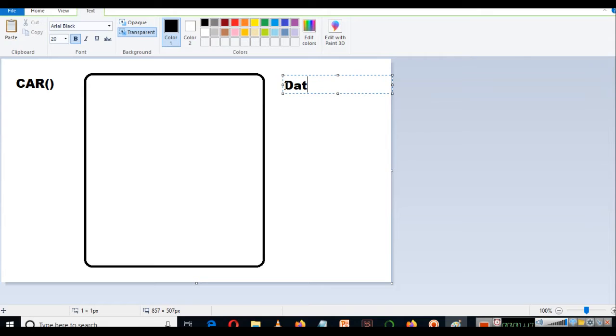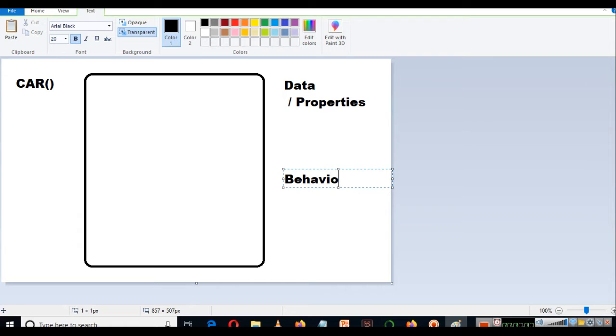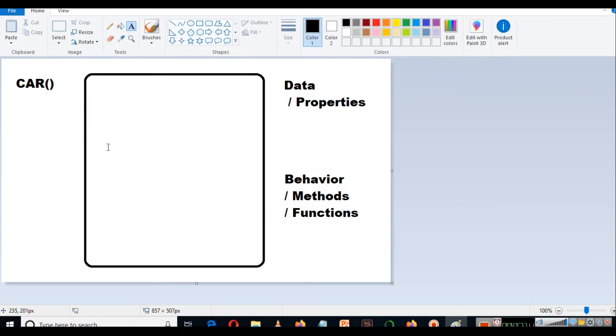So in object-oriented programming you will see data or properties, and you will also see behavior, or you can say methods or functions. Because we are discussing object-oriented programming and class, we are using some general terms here. We are not using the programming terms here.